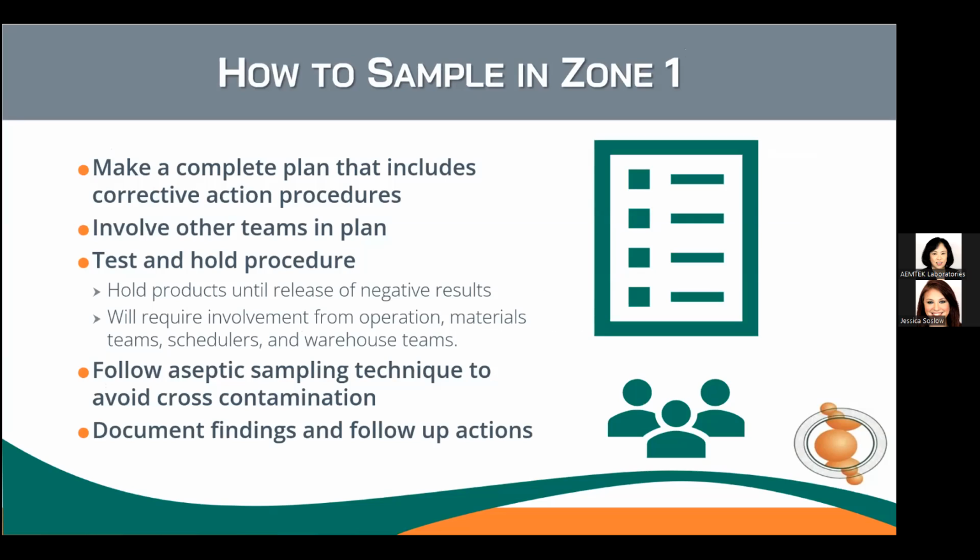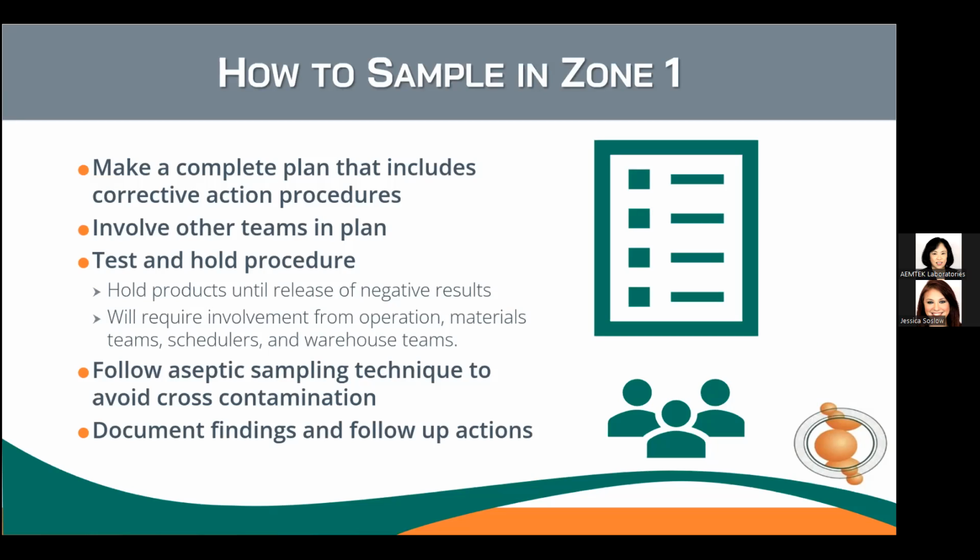We discussed the why and when we should test in zone 1 for pathogens. Now let's get into how to carry out the sampling in zone 1. This is where many companies are worried. Many questions arise when testing food contact surfaces for pathogens. Following these steps can put those questions to rest and ease the mind of all involved while taking zone 1